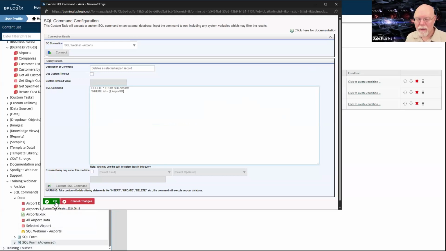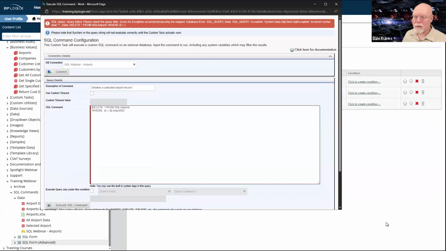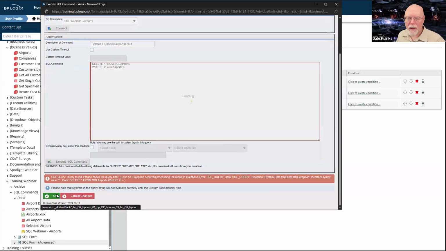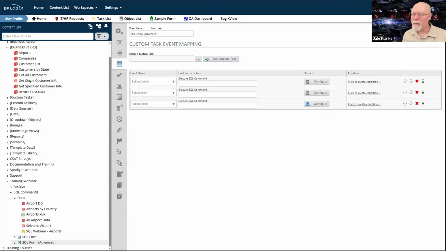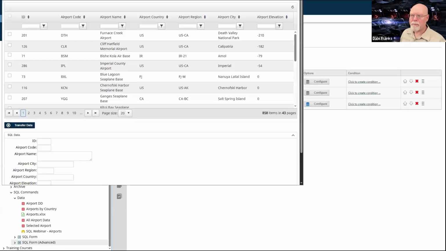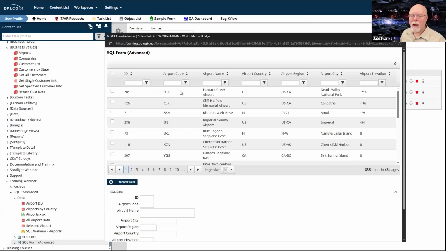Once again, execute SQL command is not going to work, because we don't have an ID. So SQL Server doesn't know what it is that I want to delete. But that's fine. We have a form. So once again, we can update and run our form.